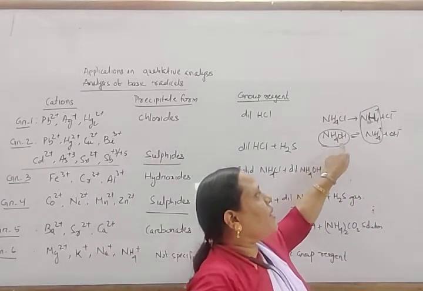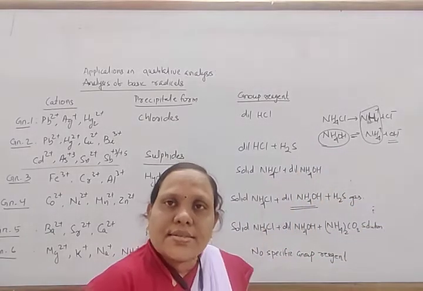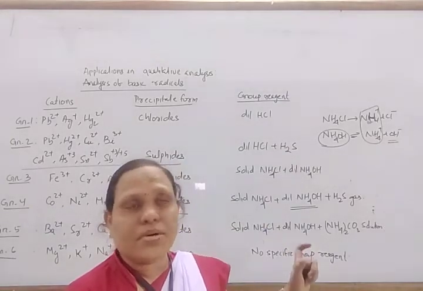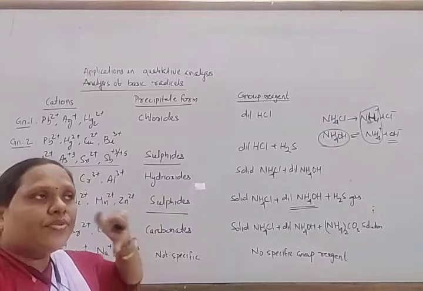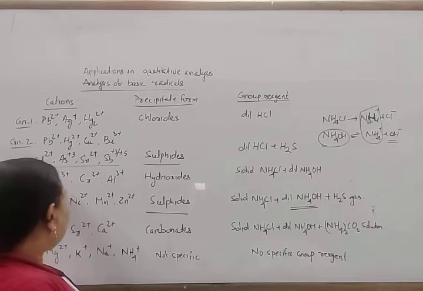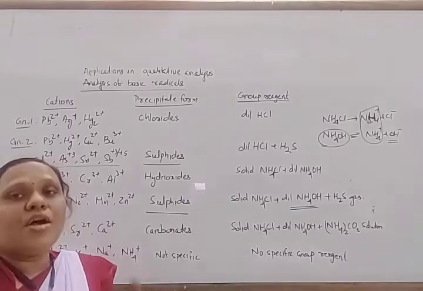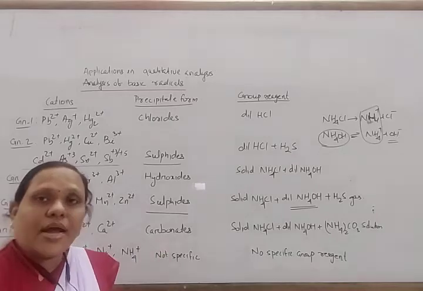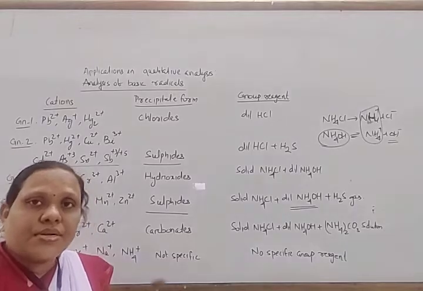As the dissociation of ammonium hydroxide decreases, it gives a lower concentration of OH minus ion, and this low concentration is sufficient to exceed the solubility product of the hydroxides of group 3 radicals. In this way, the ionic product becomes more than the solubility product value, and these hydroxides get precipitated. Suppose you take ferric chloride, which is water soluble, or ferric nitrate, which is water soluble. If you add a little ammonium chloride and ammonium hydroxide, it will get precipitated, because the ionic product exceeds